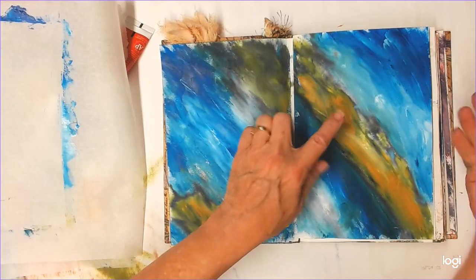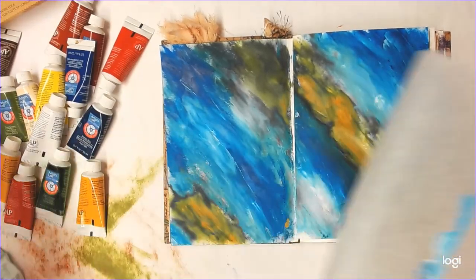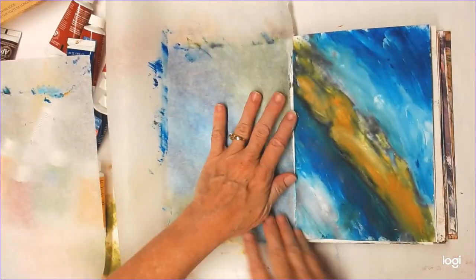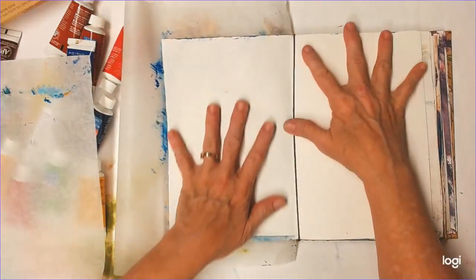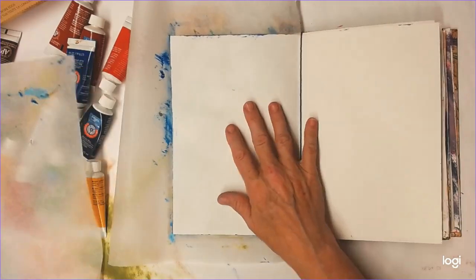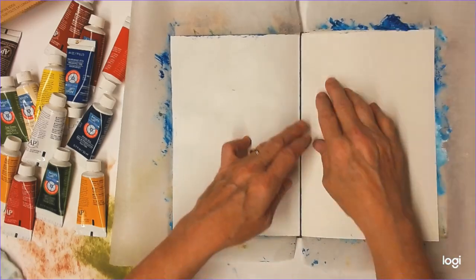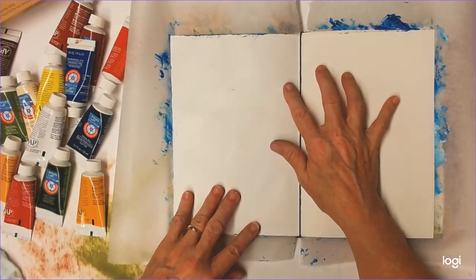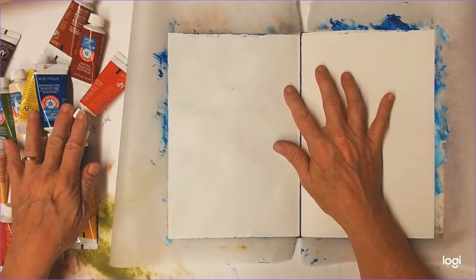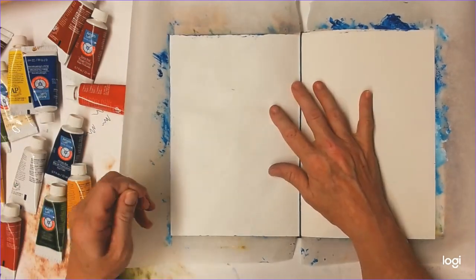Now, oh, that's not dry right there. I'm going to just hope this doesn't stick. And I'm going to go ahead and turn the page. And we're going to do one right here. Okay. I do want to do different colors this time. Let's do